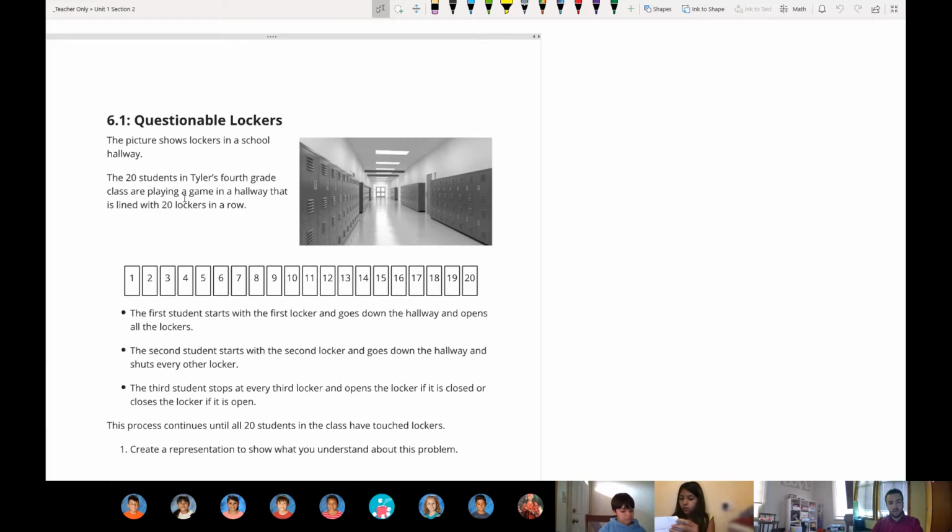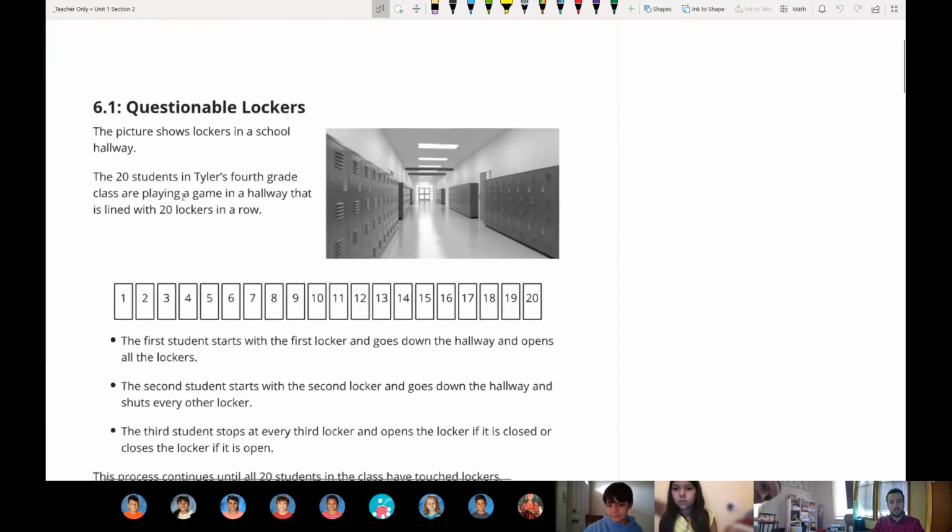Now, who can first explain to me what is a locker? Like, what are these? What are lockers for? What do we use lockers for? Where are they at? Alan? To store stuff. Okay, yeah. So to store stuff, we usually see them